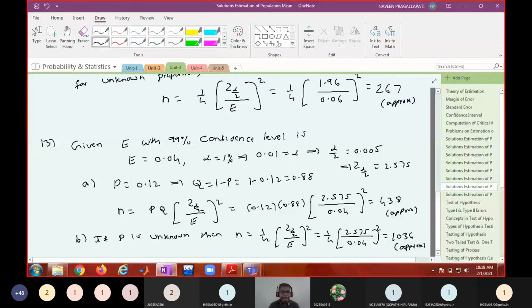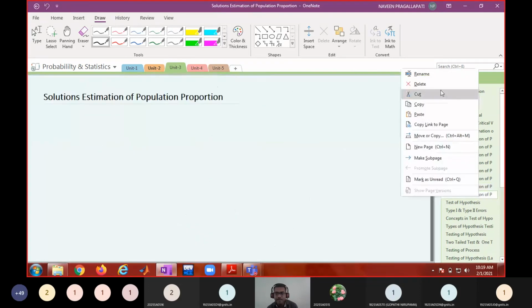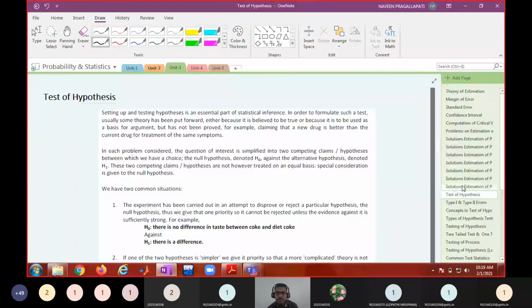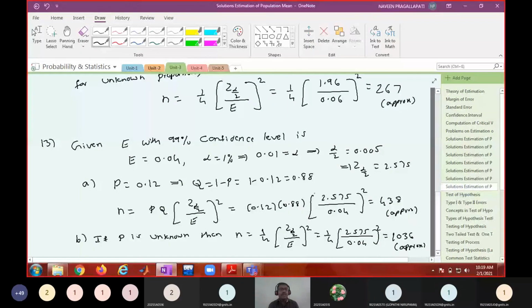Okay, so that is how the problems go. Problems may be on finding the confidence interval, or may ask you to find the maximum error estimate, or may ask you to find the sample size. And your sample may be a large sample or a small sample for a single mean. In case of a large sample, we discussed proportion. Is it okay?